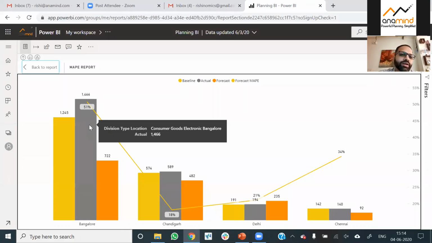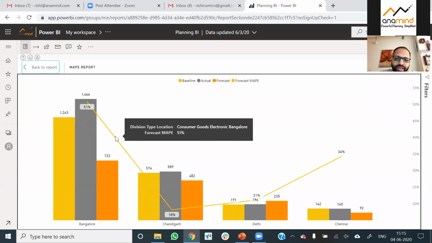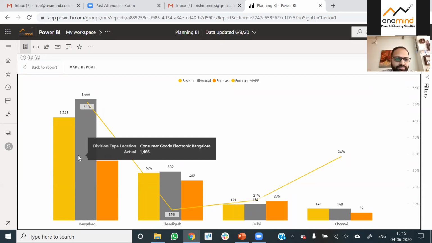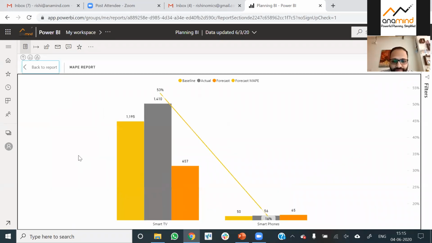of the previous month, you can bring this up, and you don't have to discuss full consumer goods as a category. You don't have to discuss electronics as a category. You don't have to discuss furniture. You just drill it down. You just talk to the Bangalore guy and say, hey, look what happened. So it makes your life easier, and it just cuts out the noise and unnecessary questions. If you further drill down to Bangalore, we figure out that it's the smart TV sales which was